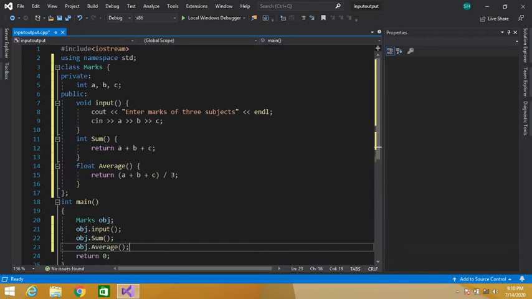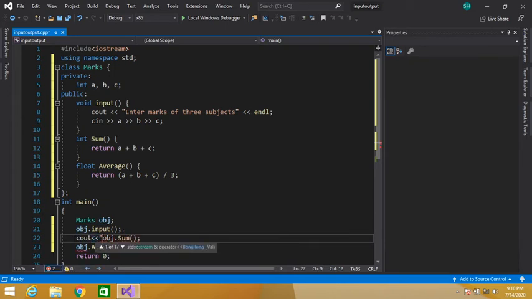We also have to display these values. We have to display sum and average. So let's display them here. Sum is, this is our sum. We have called our sum function here.